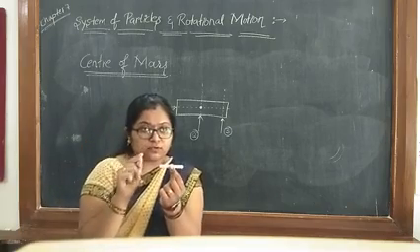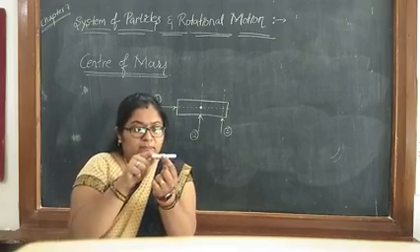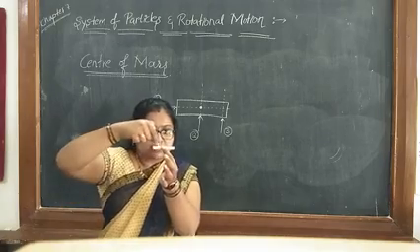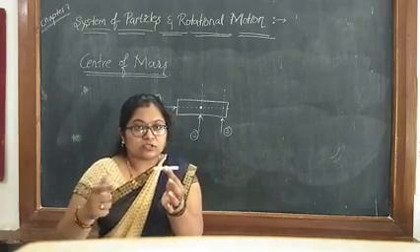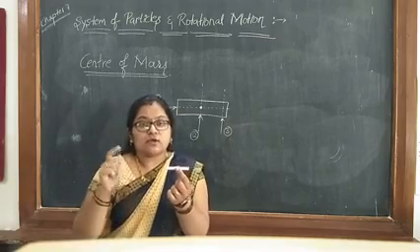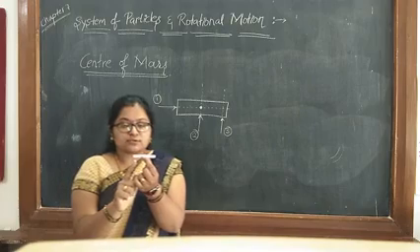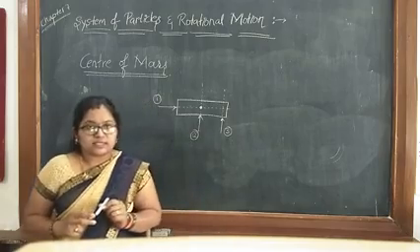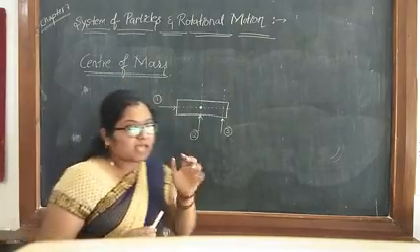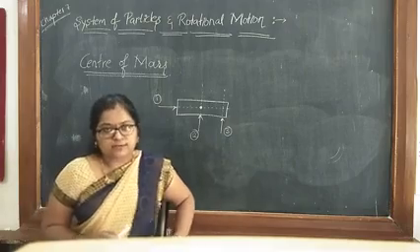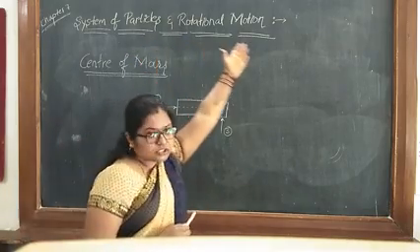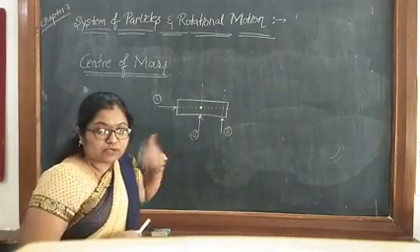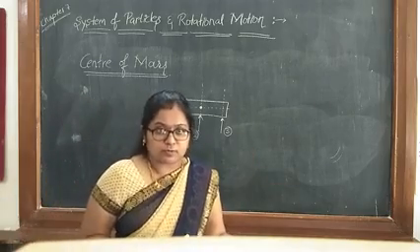That means the forces whose line of action passes through the center of mass cause linear motion in the body, and the forces which do not pass through the center of mass cause rotational motion of the body. Hence this center of mass has that much importance. Understood? The heading itself indicates rotational motion. Here we are applying various forces, and various forces give us various outcomes.